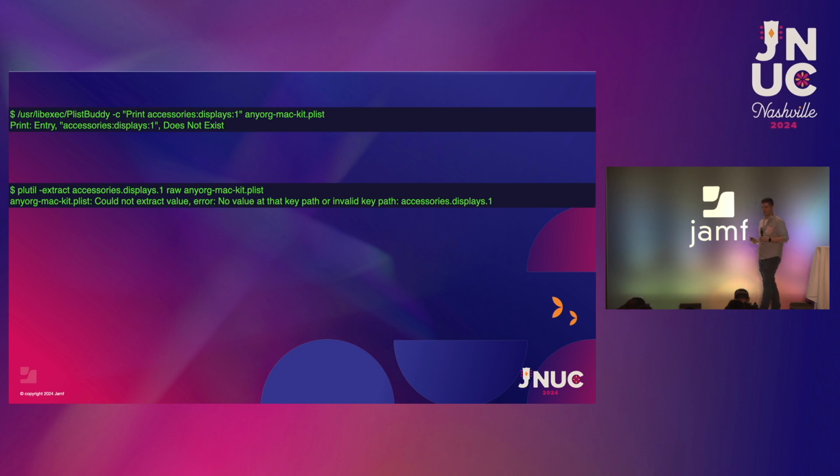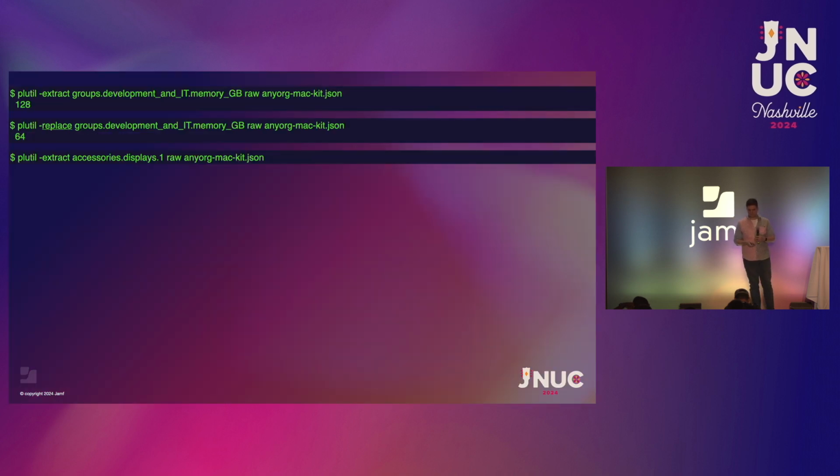Hey, can you still pull that thing out from the first index of the array? No, it's not there. There's nothing there anymore. Right? Could not extract, does not exist. Means we were able to get it done. Right. Now, modifying things in JSON,